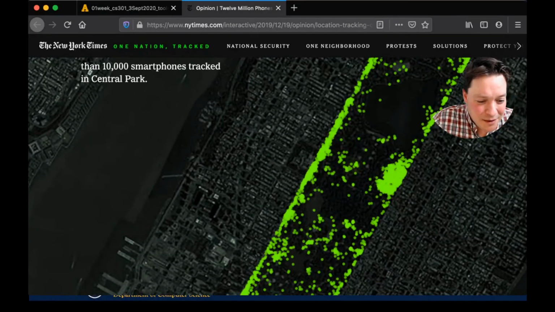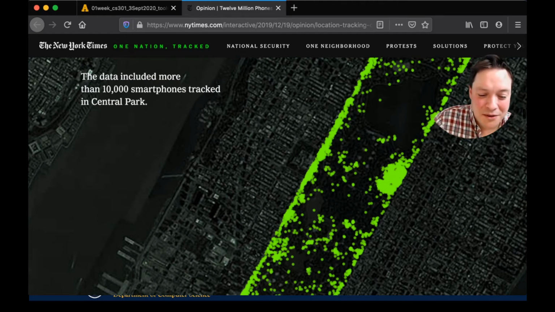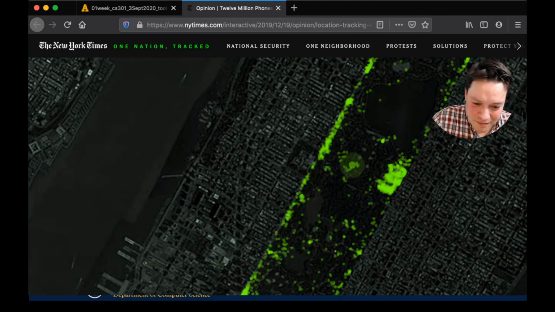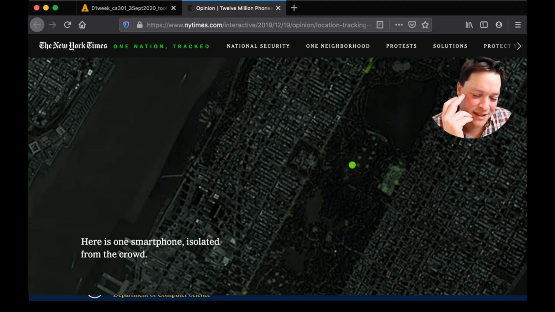Okay, so in this graphic here, it says 10,000 smartphones are tracked in Central Park, and they choose one. And remember that every smartphone has its own numbers. There's a serial code in that ping, so that you can say, I know this is the same ping that I heard before.